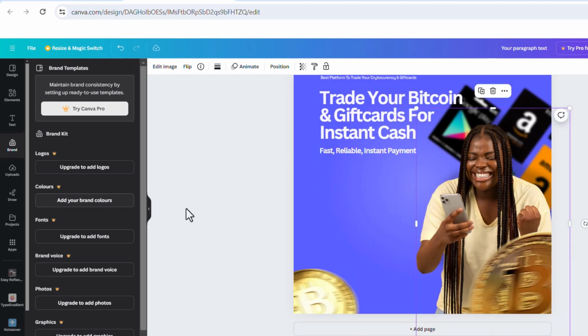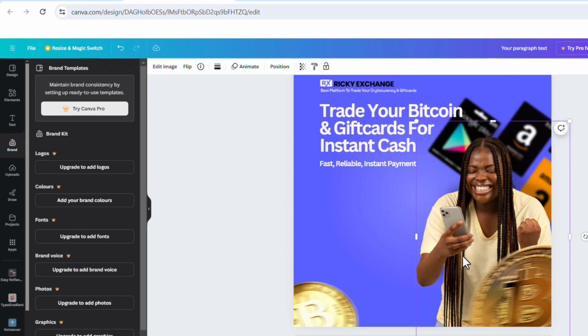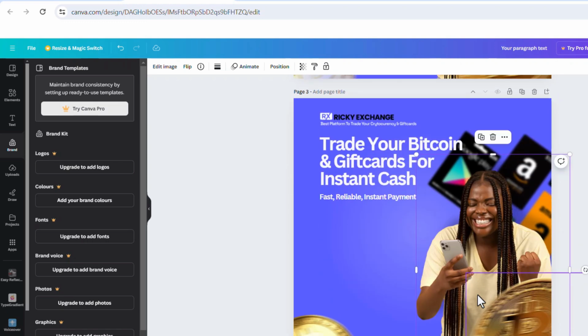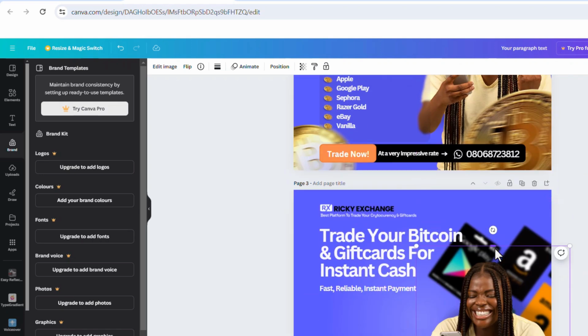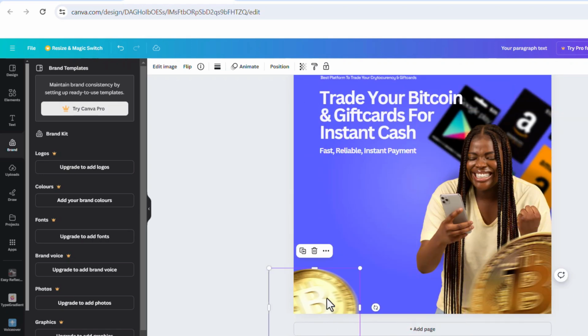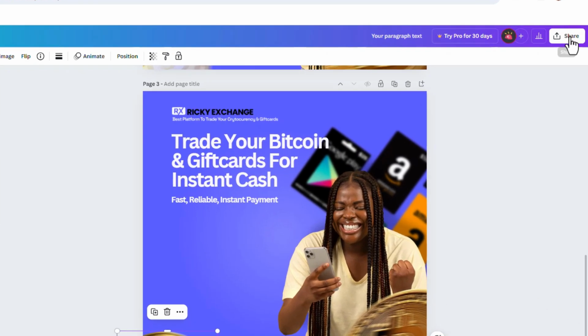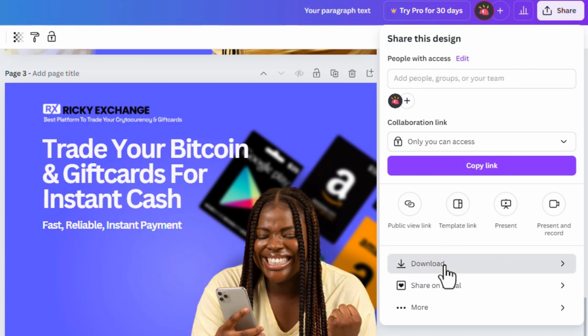So what we can do here is very simple. We're going to download our design like this. But make sure that before you download, everything is in the proper position. I think we are okay like this, so we're going to download this design now. I think this is page 3, so click on download and